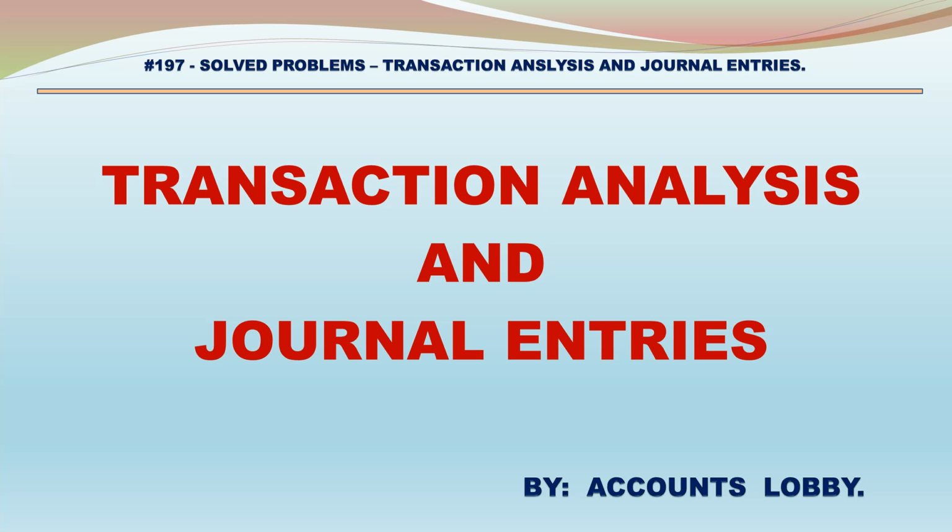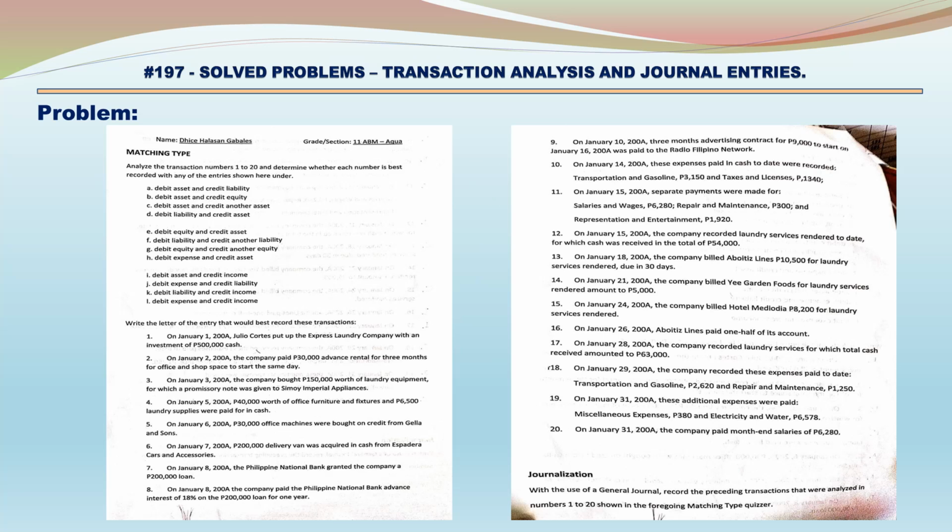Solved problems. Transaction analysis and journal entries. Problem. Analyze the transaction numbers 1 to 20 and determine whether each number is best recorded with any of the entries